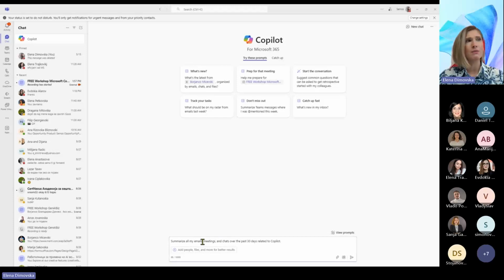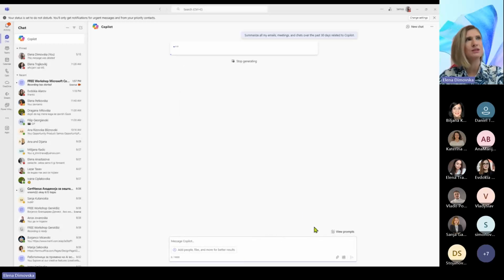This is a kind of prompt that I need for every day. For example, summarize all my emails, meetings, and chats over the past 30 days related to Copilot. Okay, I can even add people, files, and more for better results. So I can reference some of my colleagues, some of my documents, to find better results. In this case, I want to see everything that is related to Copilot. So Copilot is working for me at the moment, and it tells me I'll look for